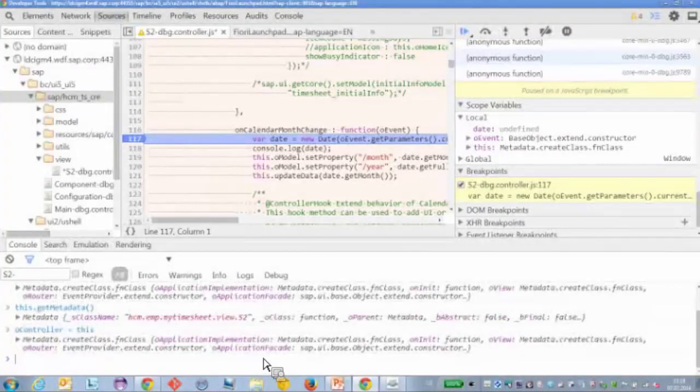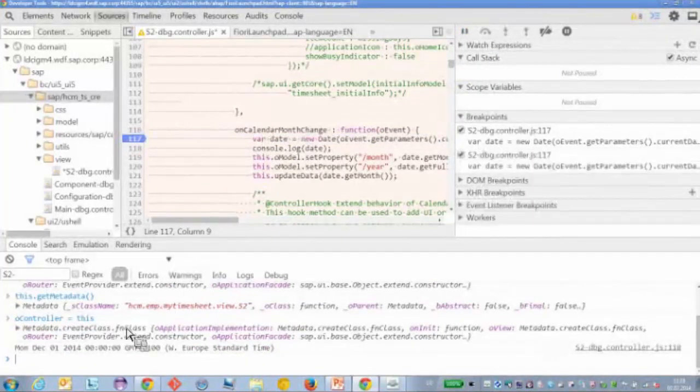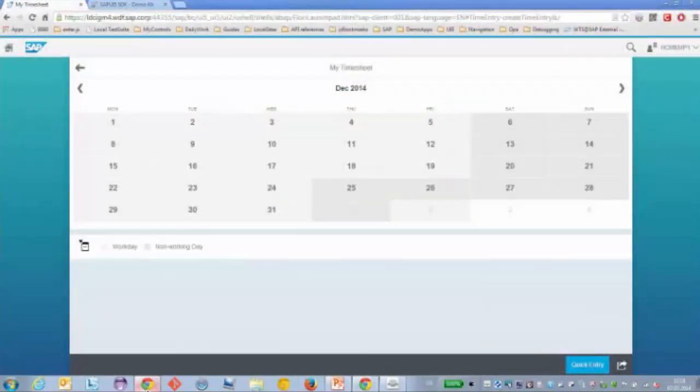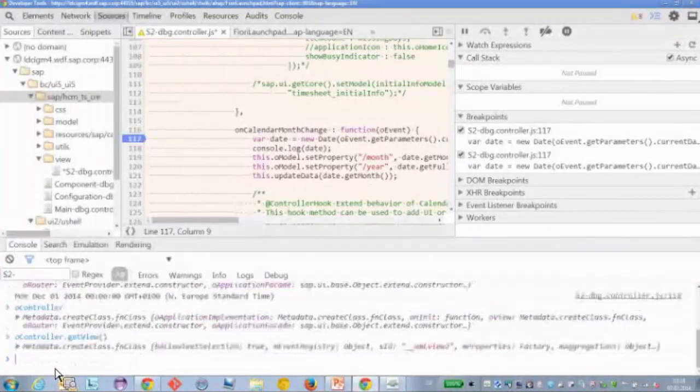And this will introduce a new global variable. And as soon as I continue with F8, I still have access to this object outside. So here I still, on my running application, I have access to the controller of the view. And I can also do something like get view of this one, I return the view, and I can say by ID,